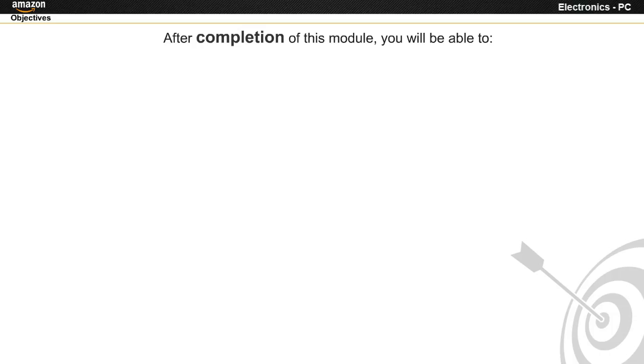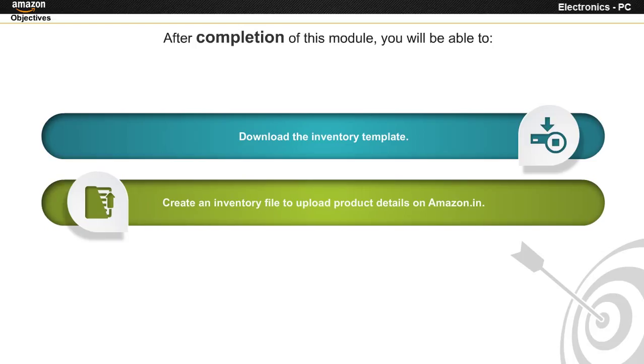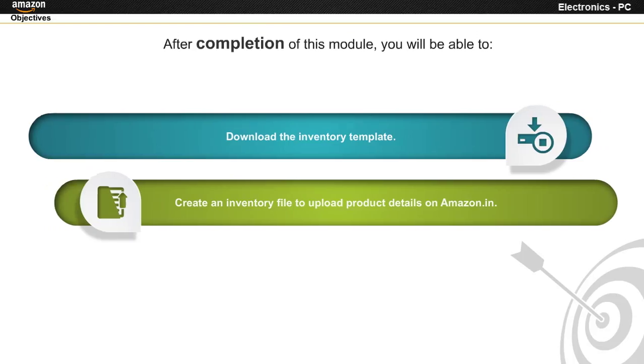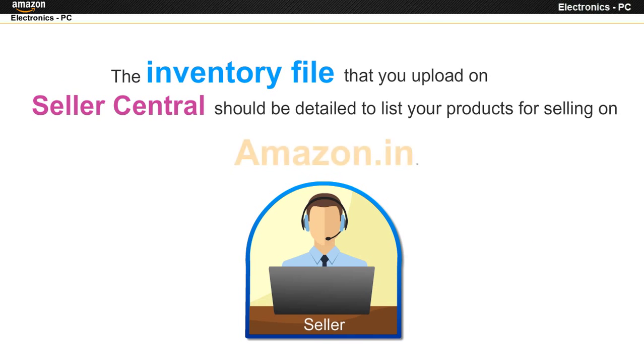After completion of this module, you will be able to download the inventory template and create an inventory file to upload product details on Amazon.in. Priya, a registered seller with Amazon.in, wants to create an inventory file for a product belonging to the electronics PC category. The inventory file that you upload on Seller Central should be detailed to list your products for selling on